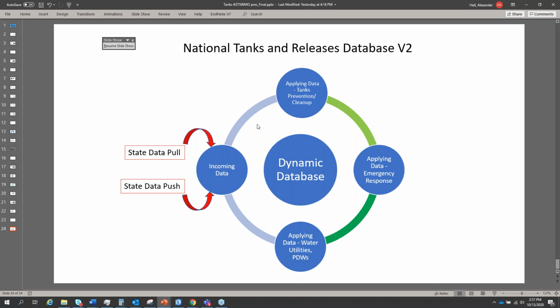And so we see this as a very dynamic database moving forward, which will also be extremely helpful for the range of events that we're talking about and the dynamic nature of the sites and the conditions under which they would be experiencing. So we see this in turn, the data applying not only to our tanks world, of course, but being especially helpful for emergency response. And then thirdly, to our water community, so they have the most updated information on our tanks and tank facilities.